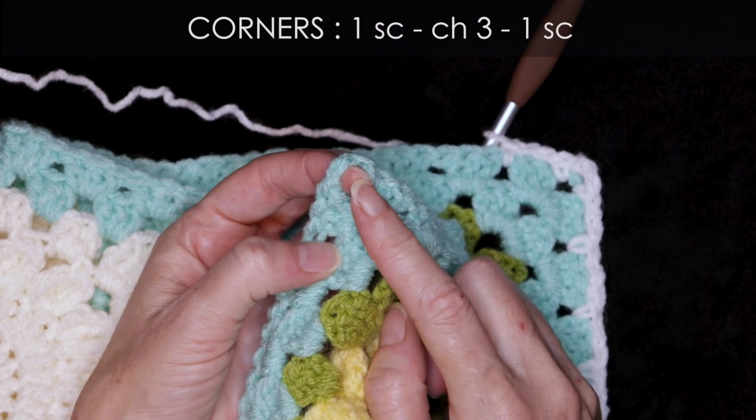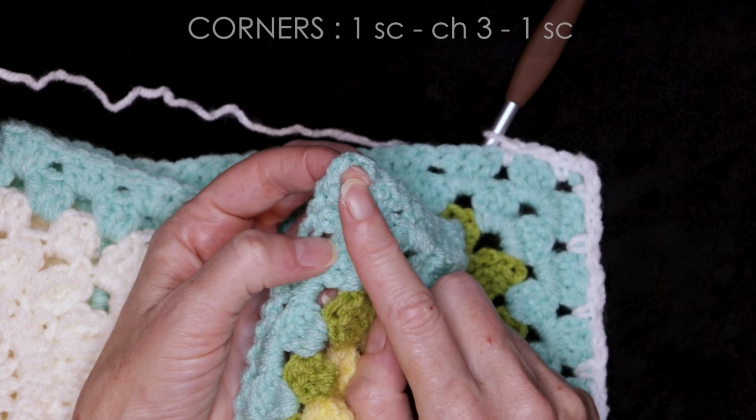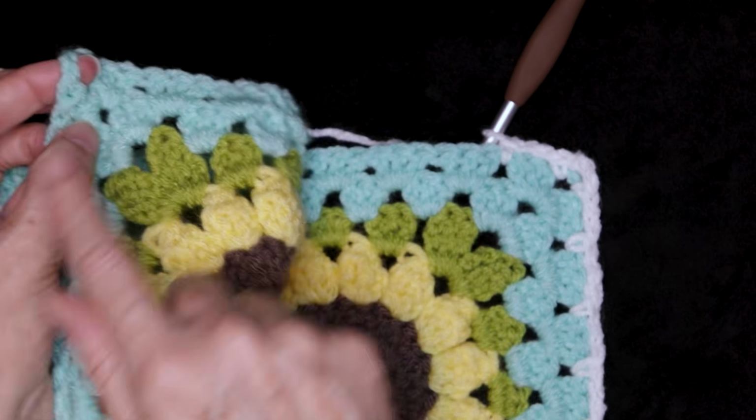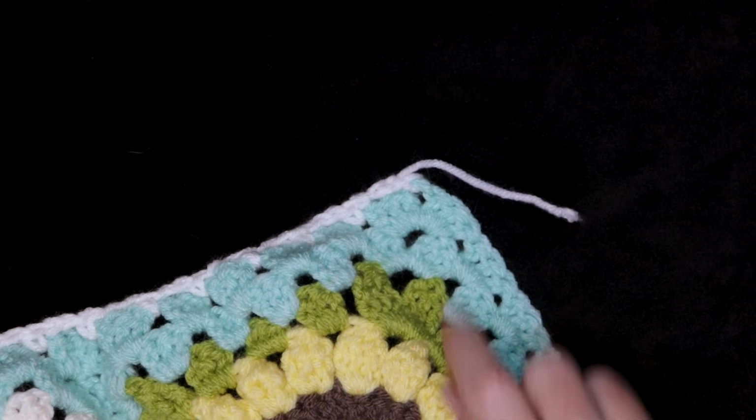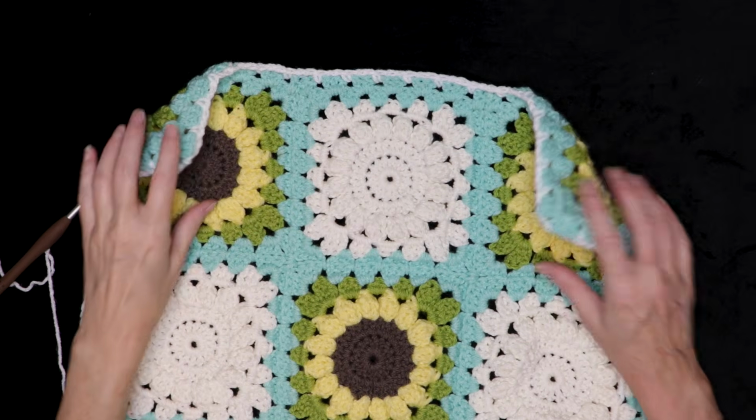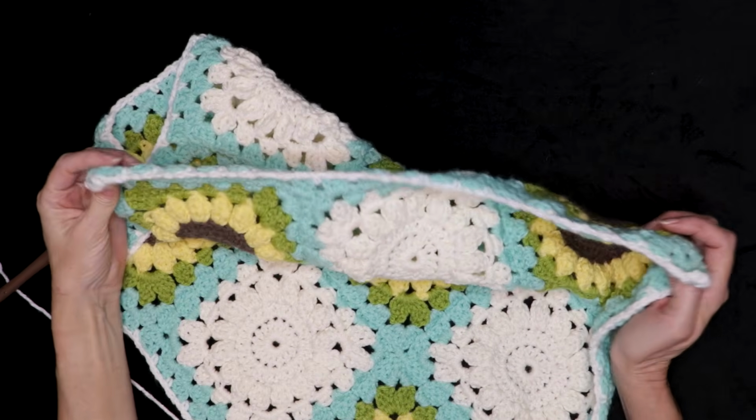Corners, single crochet, chain 3, and single crochet into the same corner space. So pause the video, keep working all the way around, and I'll meet you when you get back to where we started. Now don't worry if your blanket is all curled up and looks really, really tight, like we don't